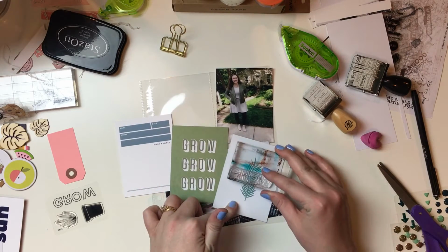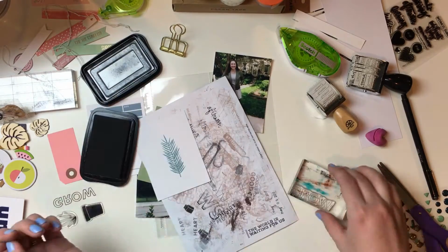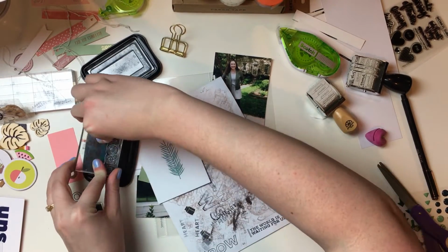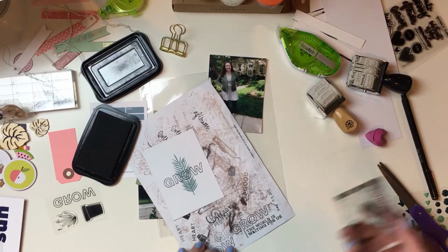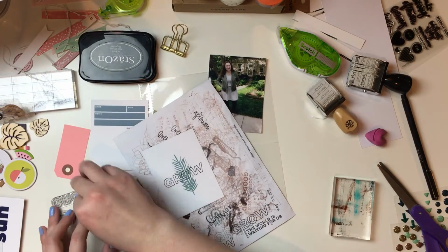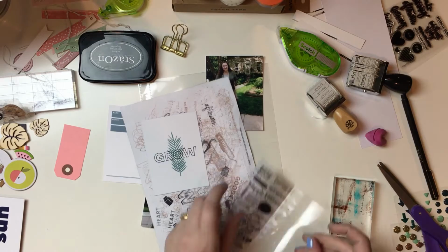And I'm just looking at placement for the stamp on the card. So I do a couple test stamps just to make sure there's not any eraser left on the stamp, and also just to make sure that I'm inking it evenly throughout the whole stamp, and I stamp it on the card, and I like the way that it looks, so I go ahead and look at some other stamps that I have. I have a Kelly Perky kit that's kind of talking about bad days or, like, doing your best,